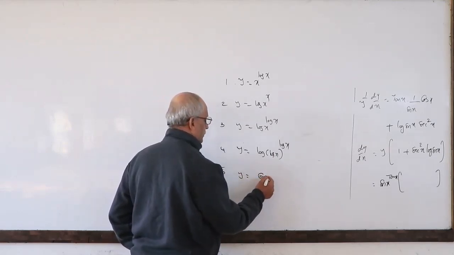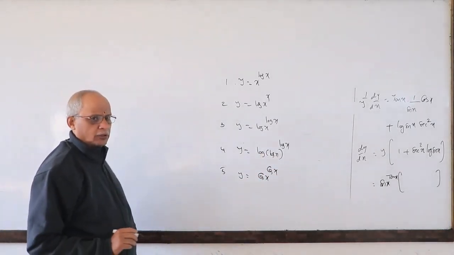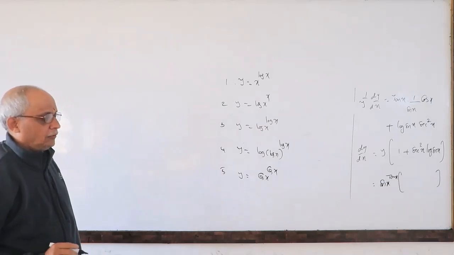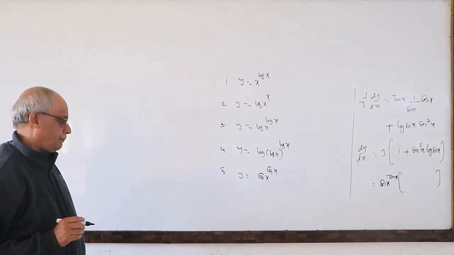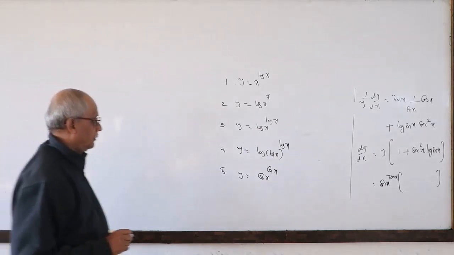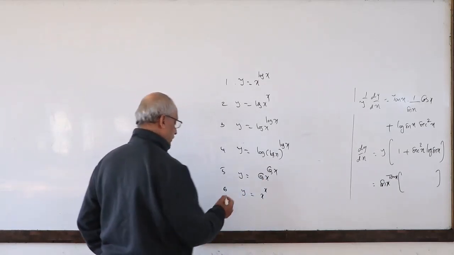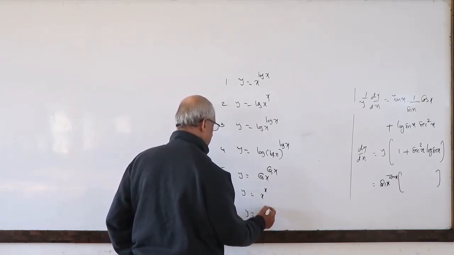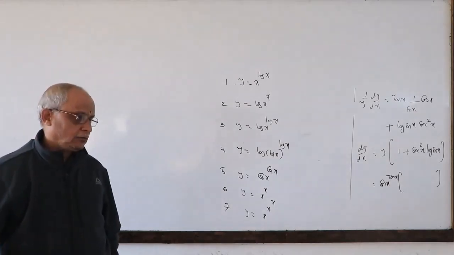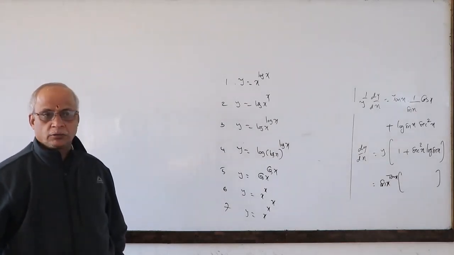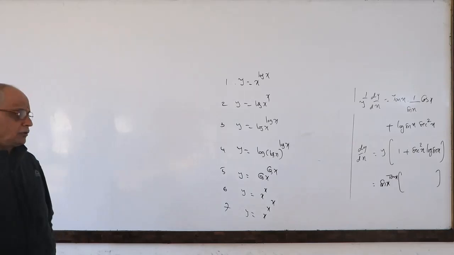cos x power cos x. Anything I will write. It is not a limit model in the textbook or any material. To that rule, any problem appears. Cos power cos, no problem. X power x, already you have in the textbook. With that there is one more extra: x power x power x, three times. When a function is repeated, then we have to apply log two times, log of log again. Then only you can do that. This is also a very good model.